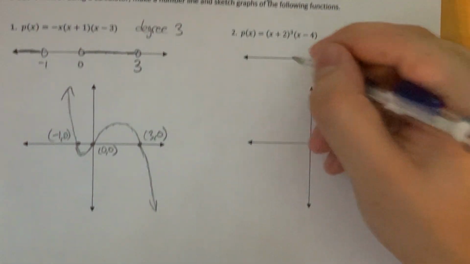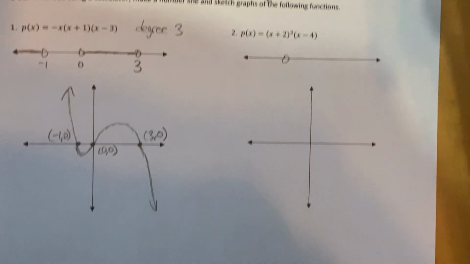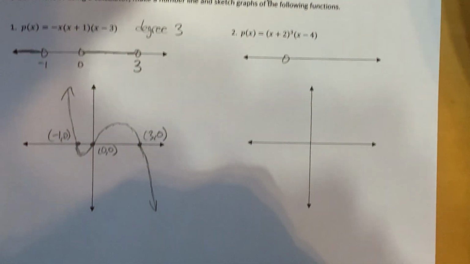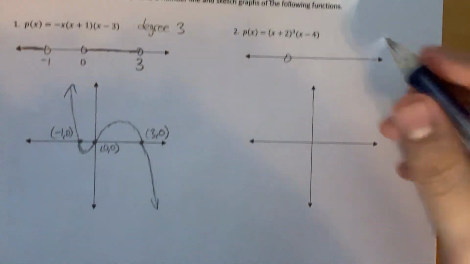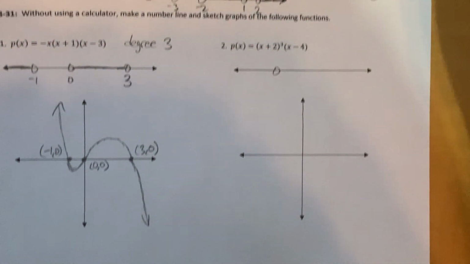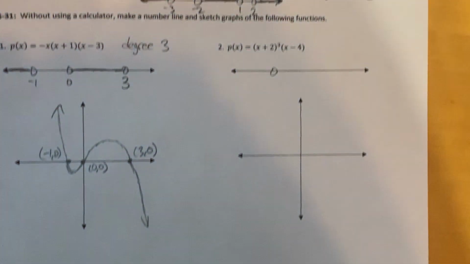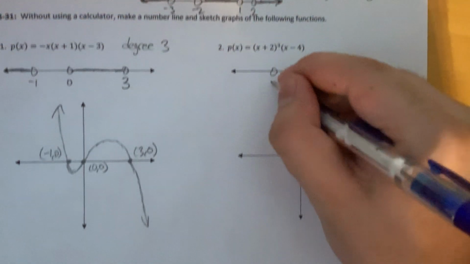So let's do this one. To the 3rd power. This one's going to be funky. It really will. But let's start out with what we know. I'm going to do the number line first because it makes the most sense to me. I don't know what happens with degree 3. So let's do it. -2